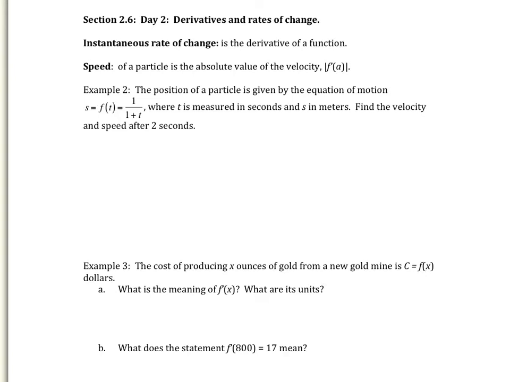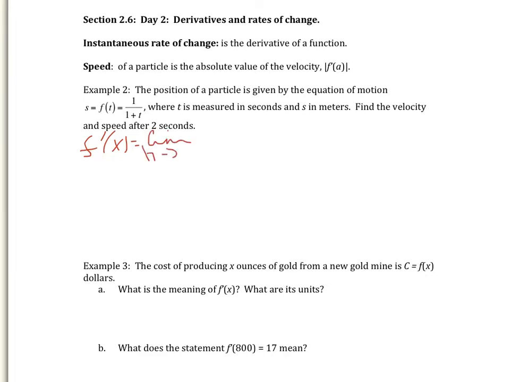So when we look at this next question, example 2, the position of a particle is given by the equation of motion. We've got it here, 1 over 1 plus t, where t is measured in seconds and s is in meters. Find the velocity after t, or after 2 seconds. All right, so looking at this, our t is 2. So if we think of what the definition of the derivative is, we need to think of this as the limit